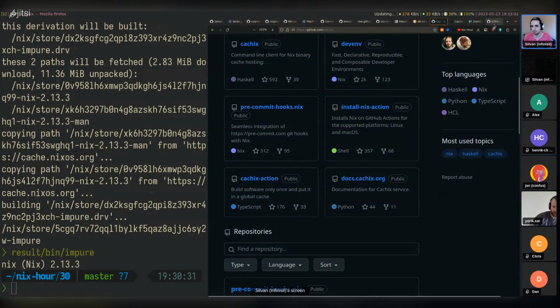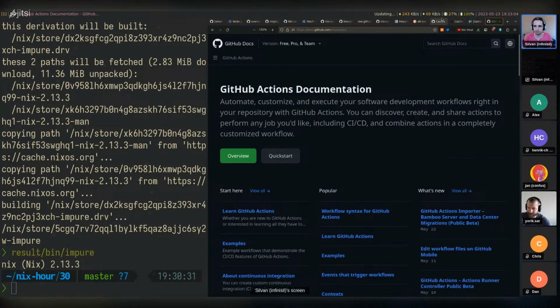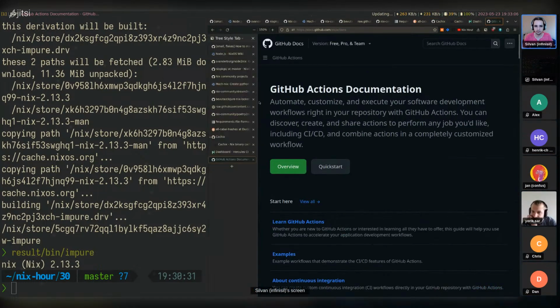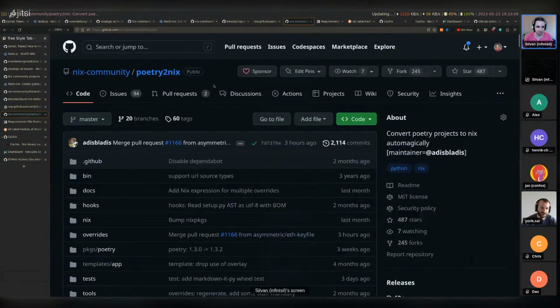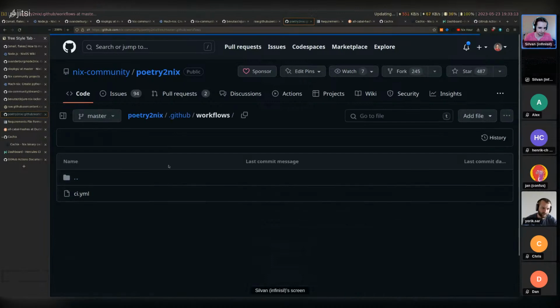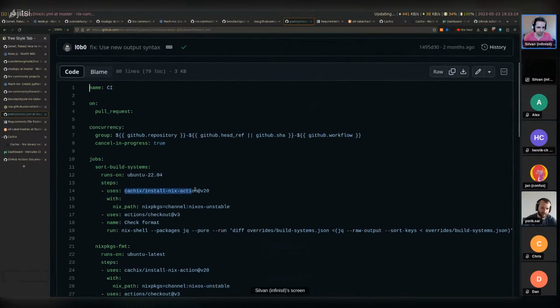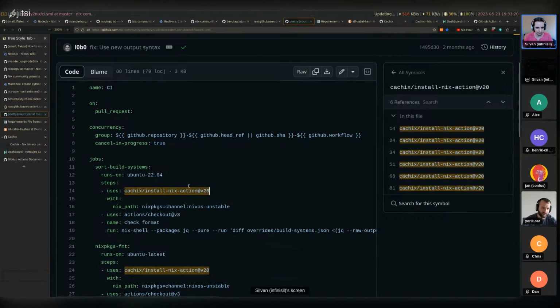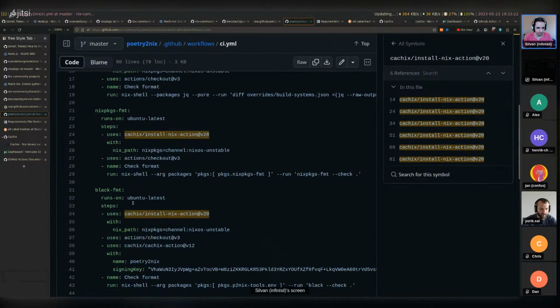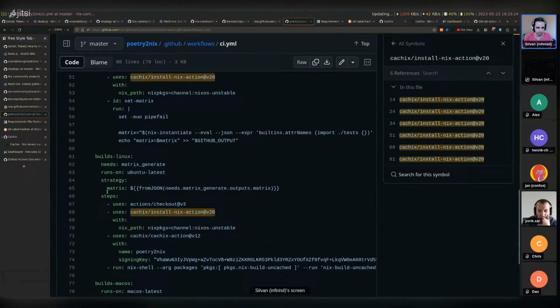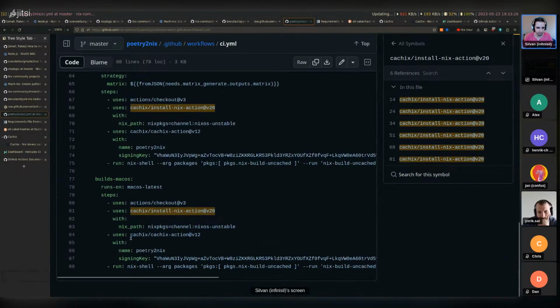We could look at an example, probably poetry to Nix. Almost every project you'll find probably uses one of these. So in CI, we see it uses cachix install-nix-action, and then cachix-action as well. So that's a fairly standard way of doing it.